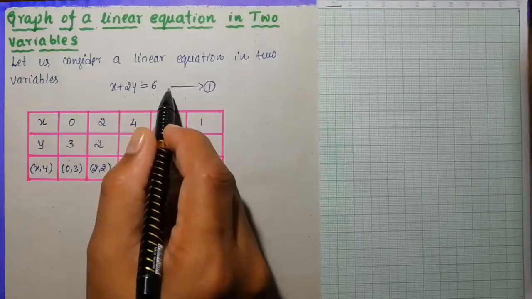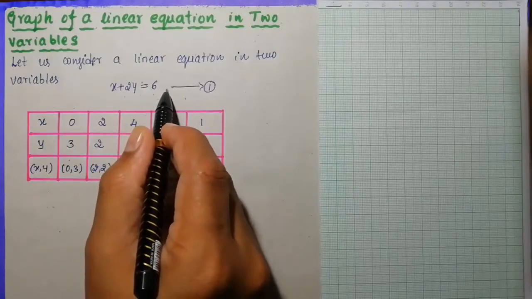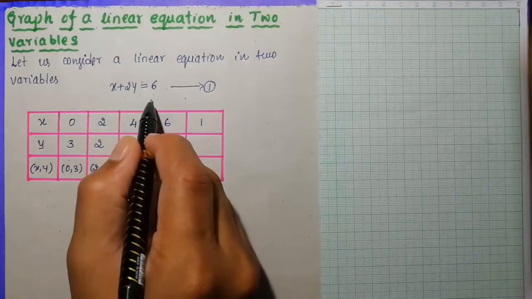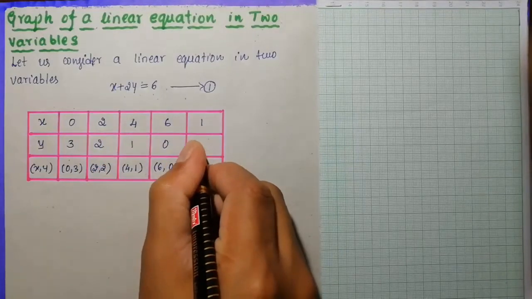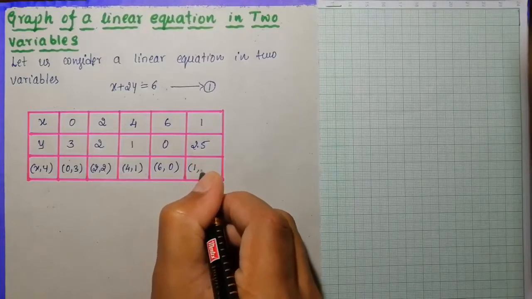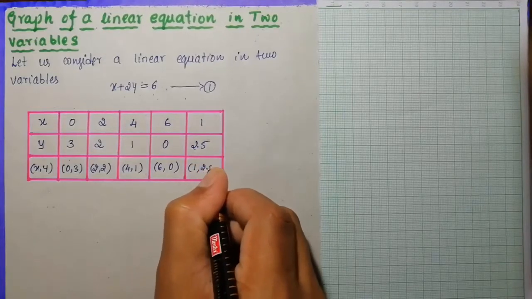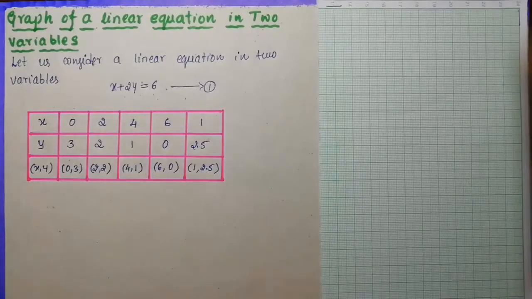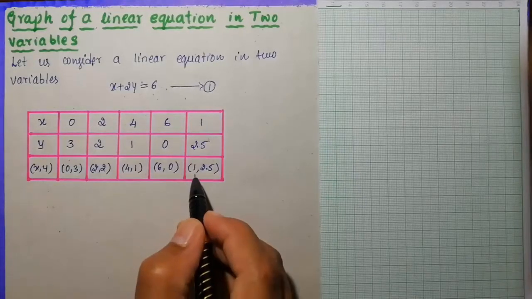On shifting towards the right side, 6 minus 1. 6 minus 1 means 5. 5 by 2. Okay, 5 by 2 means what? It will become 2.5 actually. Okay, so now look here. When you place an odd number, the y value will become a fraction like this, 2.5, 3.5, like that. So that's why 1 comma 2.5.